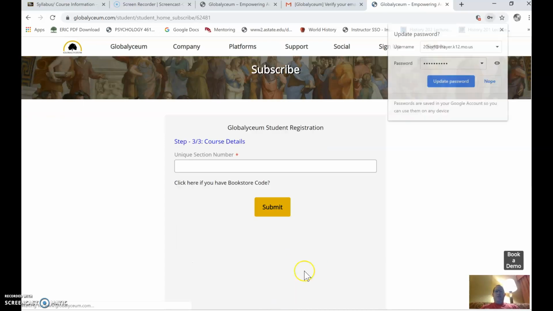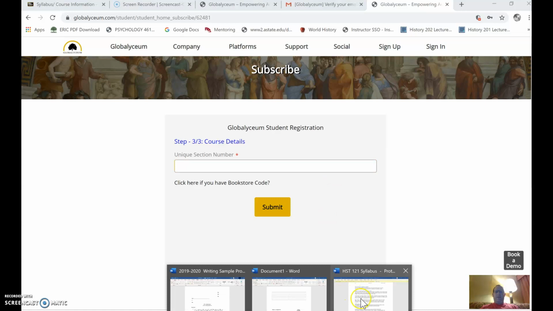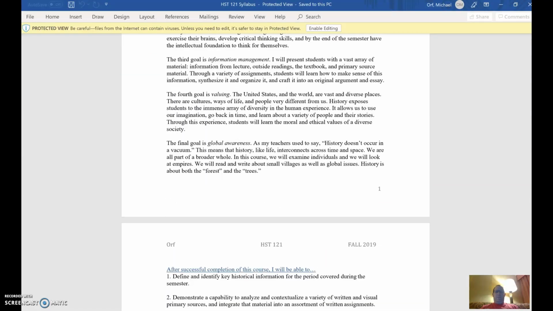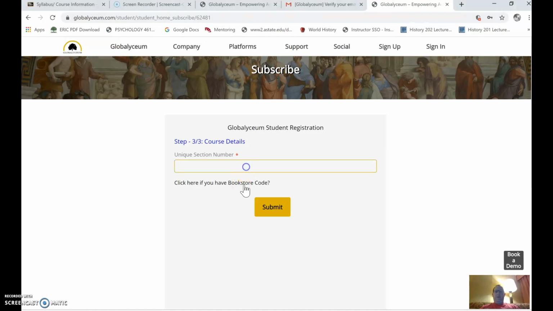Now once you get to step 3, it's going to ask you for your unique section number code. This is something that's in the syllabus. So let's go back to the syllabus again, right here on page number 2. That is unique section number code. Once I put that in,